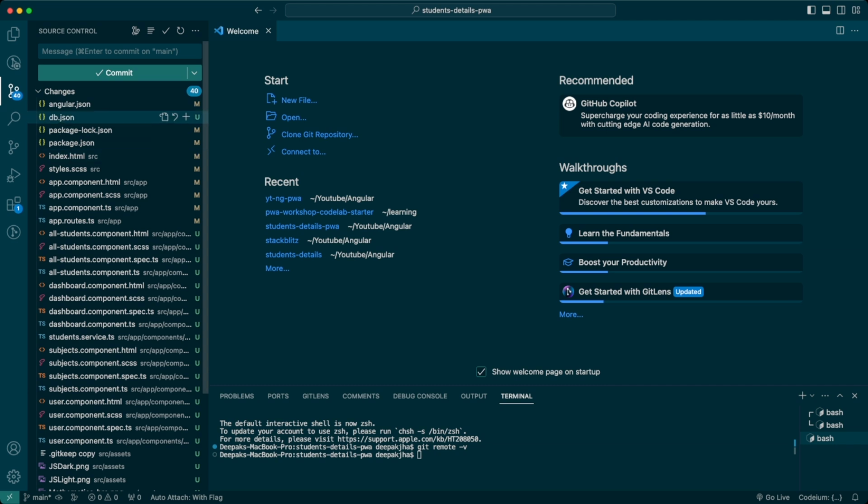So here's the list of files that we already have available that we had been changing and adding in our application, and it's time for us to commit it. The reason why I'm asking you to commit all of these changes, or rather why I am committing all of these changes, is to give you a gist of how many new files would be created when we run the ng-add command for PWA support in our application. So before we run and try to understand that, let's just quickly commit this. So I'll write down the commit message as